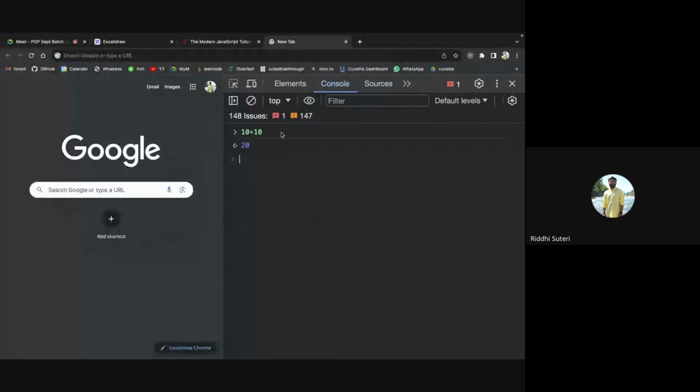So as I was saying, if you write 10 plus 10, obviously you'll receive 20. But in our case, if you write something like this, a numeric 10 added with a string 10, in that case you'll receive some sort of wrong outcome like this. Why is this happening and what is the reason behind it? To understand this, generally we learn about type conversion and type coercion. So what exactly is a type conversion and what exactly is a type coercion?